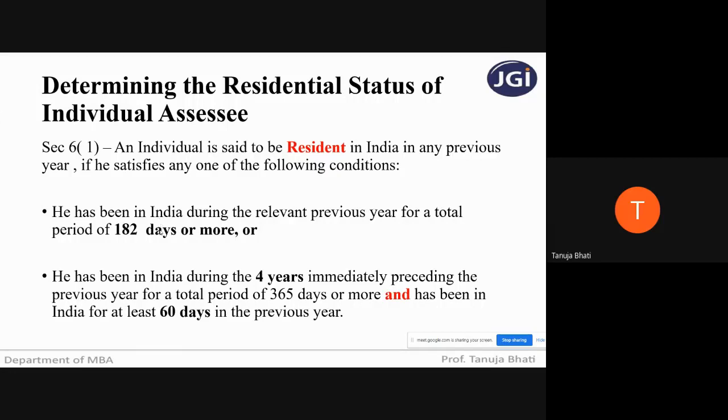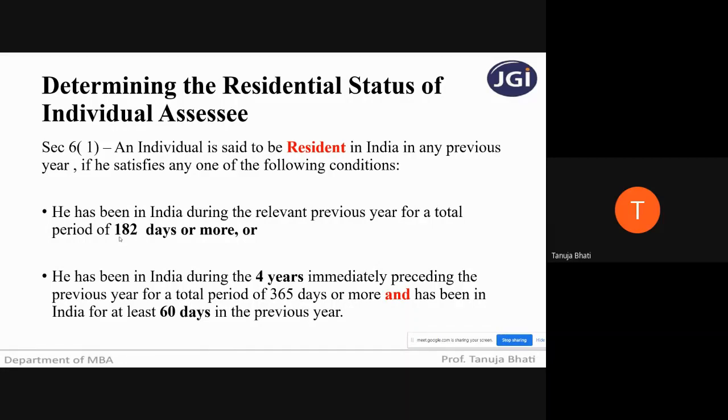The second thing that you'll need to understand is, it is not necessary that he should stay in India continuously for 182 days back to back. He can stay in India for 1 day and then go back. Suppose he goes to USA, he comes back and stays for 5 days. So you need not count the days continuously. You can count the days like 5 and 1, 6 days in India. It is not that the stay should be continuous. Remember, students, there can be a break, and then you need to count the days depending on his stay in India.